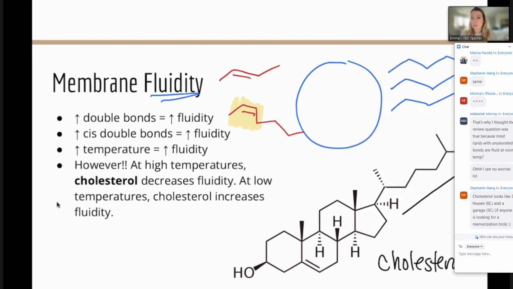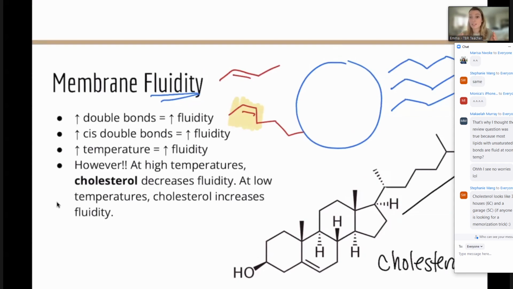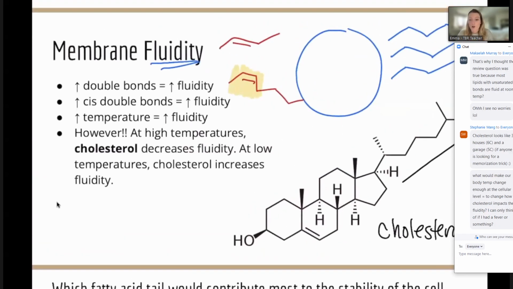But we know that the structure of our cell, the fluidity of our cell membrane, is going to determine its function. If it's really soft and really fluid, it's probably going to be maybe a blood vessel or a blood cell, compared to if it's less fluid and really rigid in its cell membrane, it might be a bone cell. Those can help determine where it's going to end up, programmed obviously by the DNA, by the information that dictates where this cell is going to go and what it's going to do. So this is the overview of fluidity.